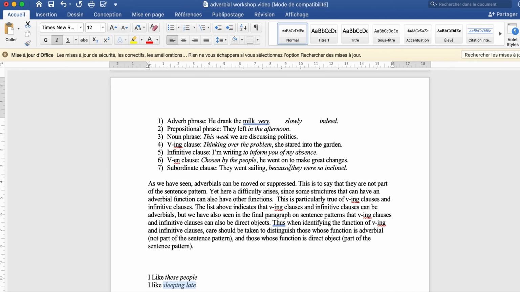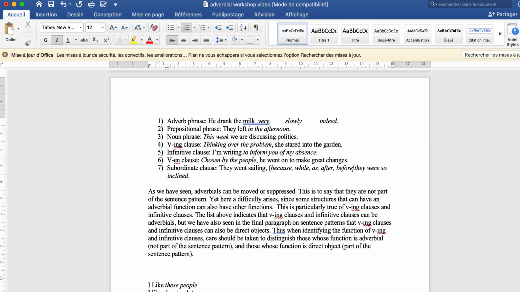I think that maybe I'll give you other examples of words that I could write instead of because. We could say because, while, as, after, before. Okay, there's a lot of different words, and these are words like we could all replace for because, and all of these